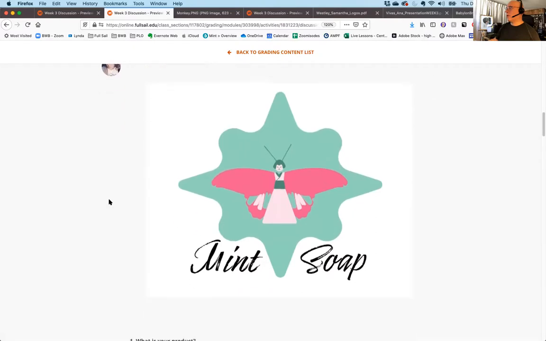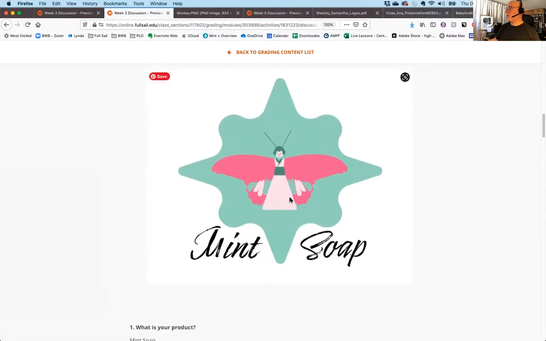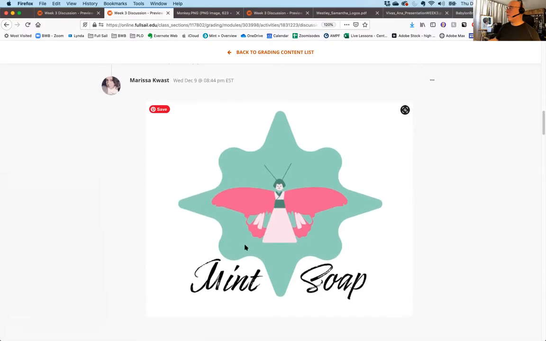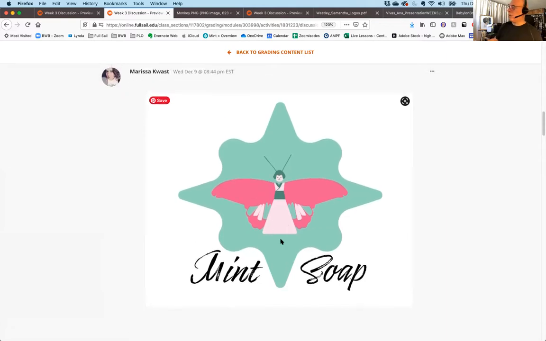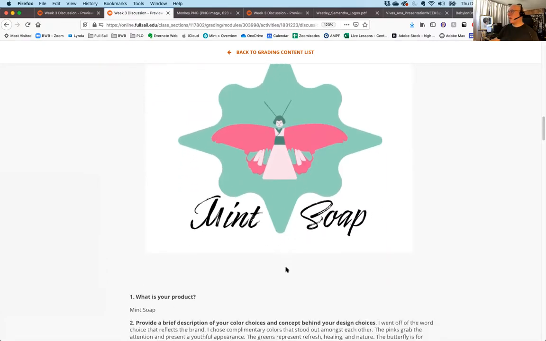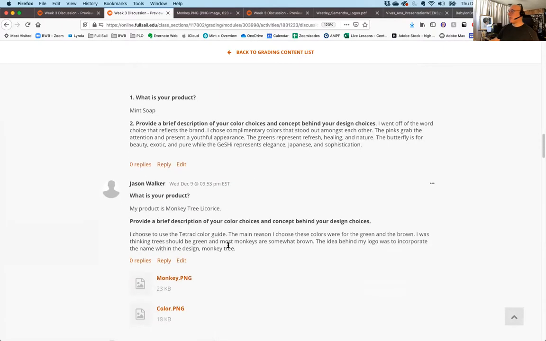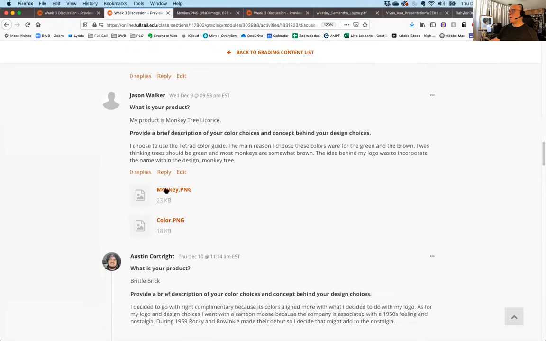All right, Marissa, I love this image. This is great for mint soap. This outside containing shape is completely unnecessary. It's a really cool shape. I like it. In some ways, it works, but when it comes to logos, you want to keep it fairly simple. So I would try it without that containing shape, and I would get your mint as your brand, soap as your category, give the type some hierarchy, and probably not black. Do the dark green instead. But you're off to a good start. All right, Jason,